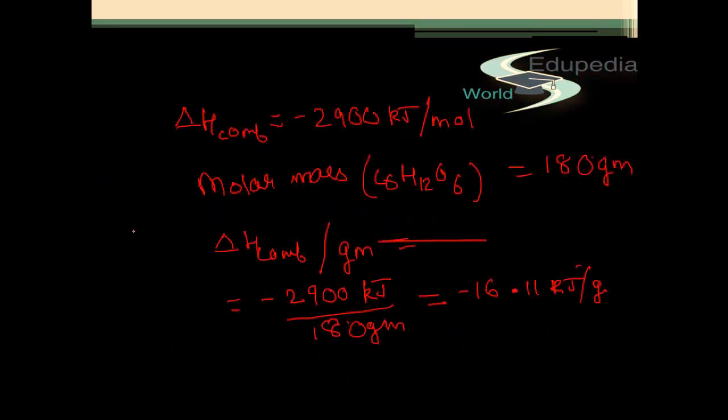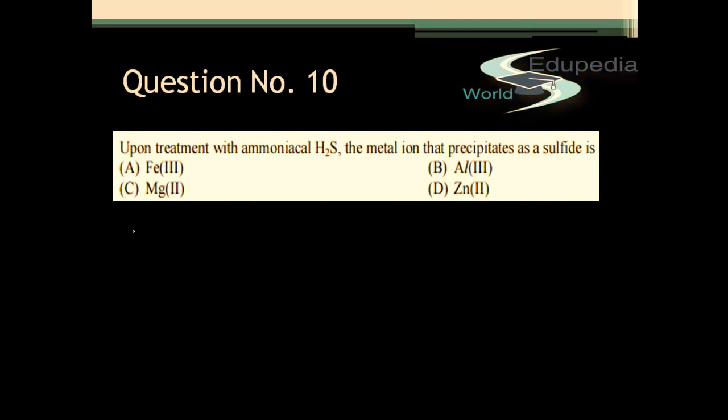And that again would now bring us to the last question of this section, that is question number 10. In question number 10, we have been asked, upon treatment with ammoniacal H2S, ammoniacal H2S meaning a solution of H2S with NH4OH, the metal ion that precipitates as a sulfide is. So the correct answer to this question, this is a very informative question. If you know your chapter of qualitative analysis from inorganic chemistry, you would find it a very simple question to answer. The correct answer to this question would be D, because first of all,